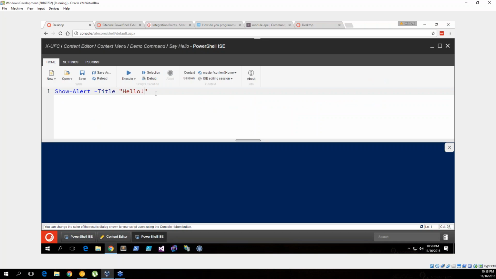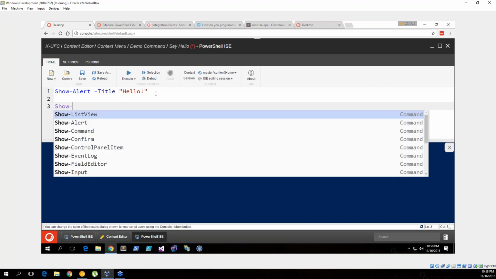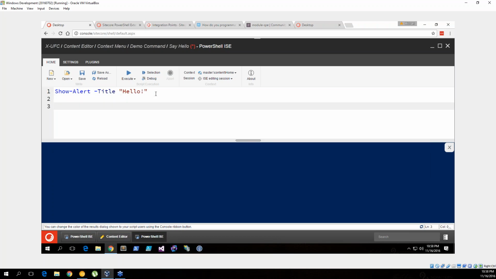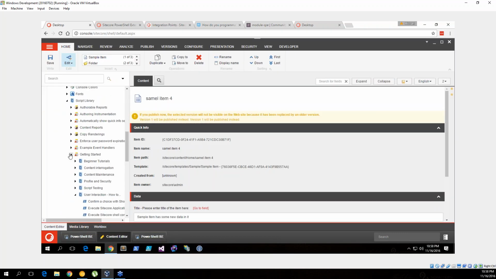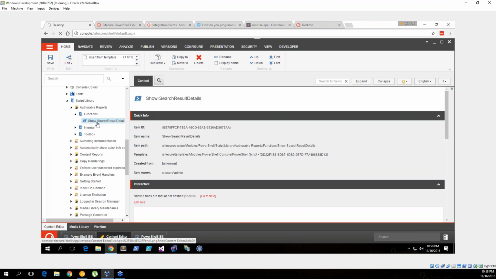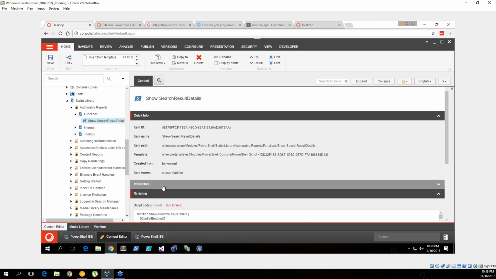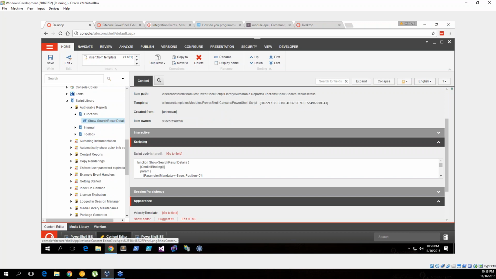So if I go into the ISE, we know that we have these commands like show alert. Most of these commands are built into the core DLLs of SPE. In PowerShell world, this would be called a commandlet. It's a compiled version of a command. But you may write your own function. So I may have a function that exists somewhere in this library, and if I go back to Audit Reports, we'll see that there's a function here called show search result detail. And if I go edit that,